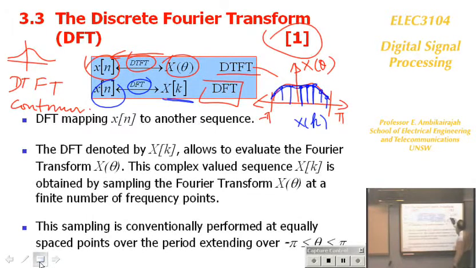But if you join the envelope, it looks like x theta. So the question is, what does that mean? What does that mean is this: if you take x theta, theta is defined